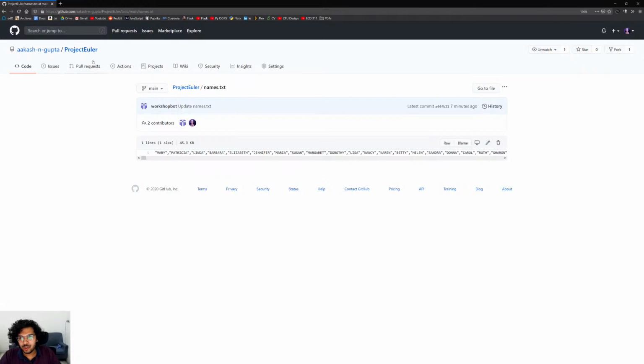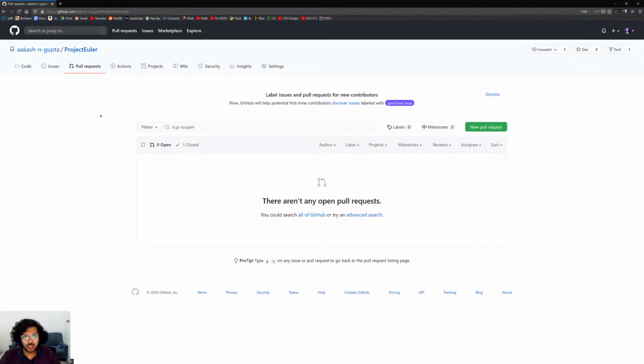That's how you can use pull requests to edit already existing code and then merge it to the upstream branch. The maintainer can then take your useful input, and that's how you can contribute to projects which already exist.